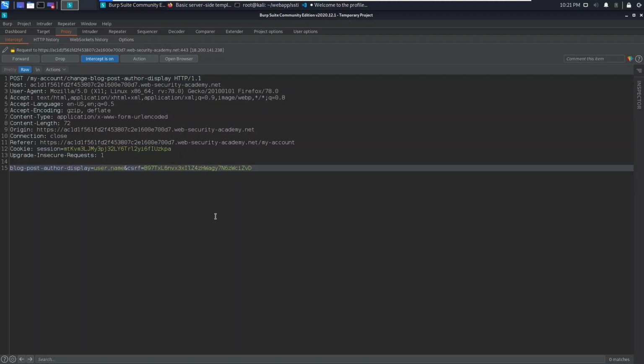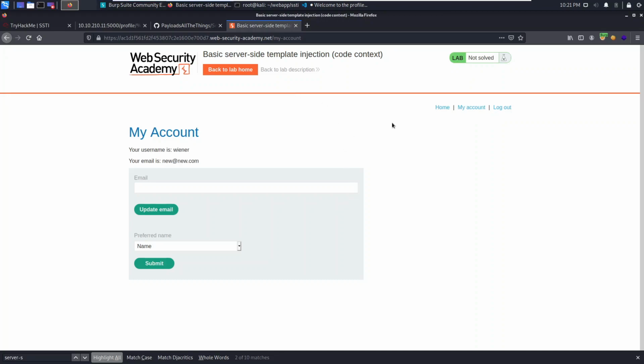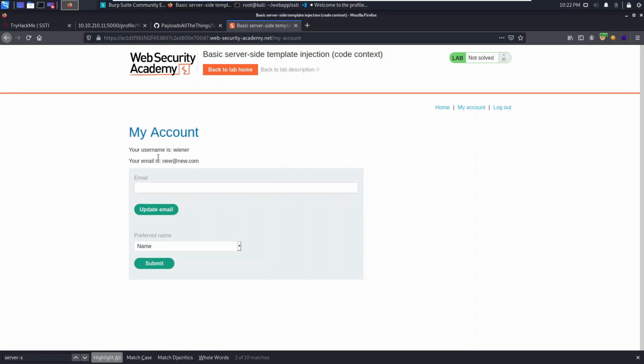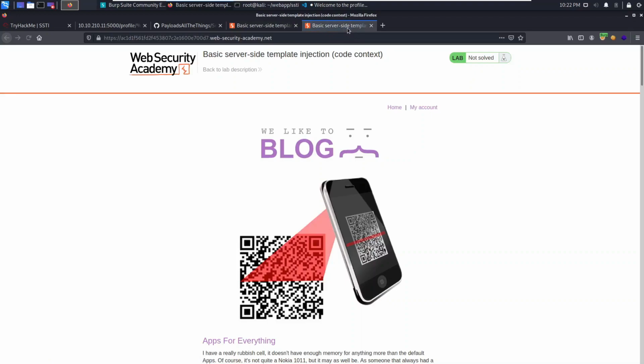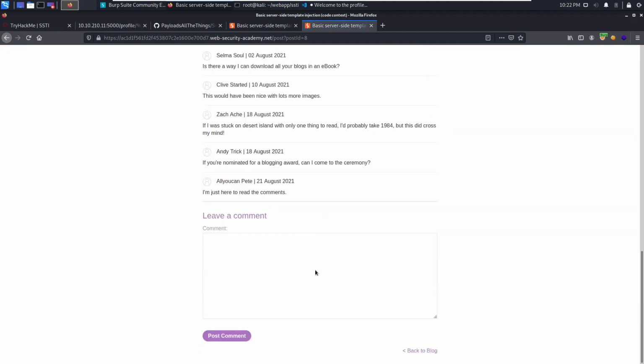So something we can try is doing the 7x7 in here and forwarding it along till it is done. I guess we got 3 forwards. And let's turn intercept off for a second. We want to find our display name, so I'm going to go here and find a way to display our name. So if we view a post and go to leave a comment, and I'll leave a comment,